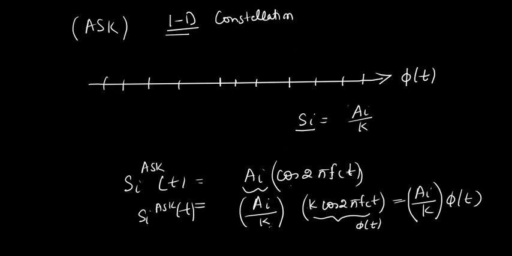So, your s i is A i k, because there is only one basis. So, k is a constant and A i will take value according to whatever you set it, right. So, A i you can set 1, 3, 5, 7, minus 1, accordingly you can set. And further, look Abhishek, what happens is, in general in every setup whatever constellation point, this is bit to constellation mapper, yes or no?